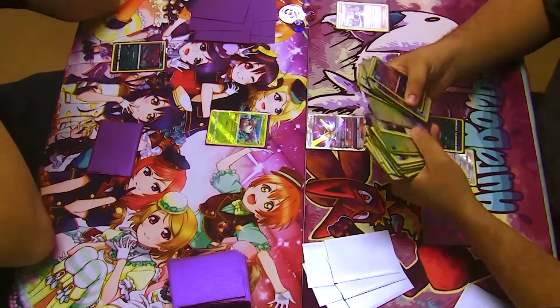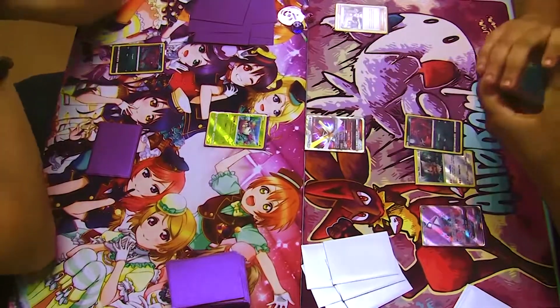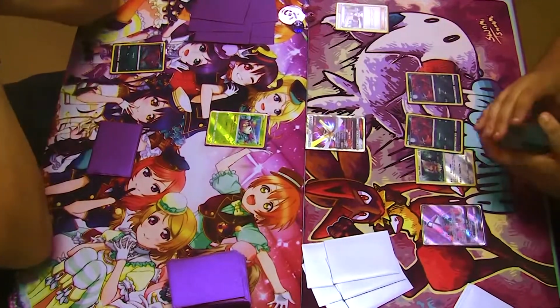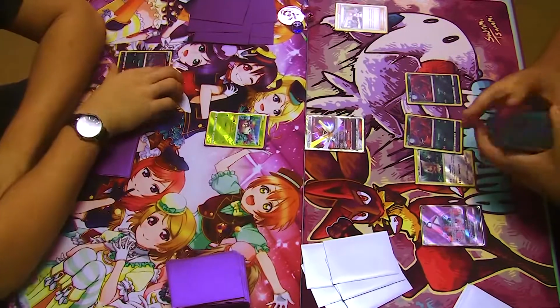As you can see, we had Lele Bridget. We got ourselves a Silvally, two Zoras and a Type: Null down. We lead with Kartana. Not a big deal because once we evolve into Silvally, we'll be able to have free